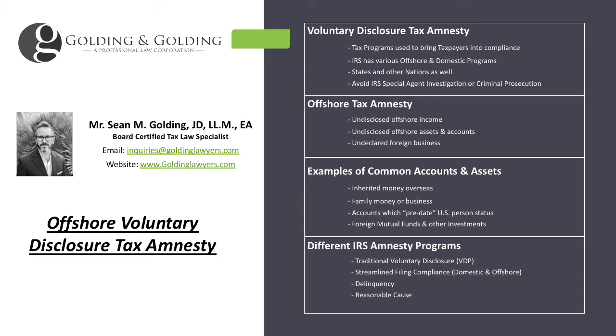Common examples of how U.S. persons come into these types of offshore income, accounts, assets, or investments: they might have inherited the money overseas, and that money never stepped foot in the U.S. So maybe a U.S. person, permanent resident, is here, and maybe his grandma is back in Peru, and she passed away and left $500,000 in an account back there. It's never been in the U.S. That money's never been transferred to the U.S. The income's never been brought to the U.S. It's safe to say that that U.S. person may have no idea that it needs to be reported.